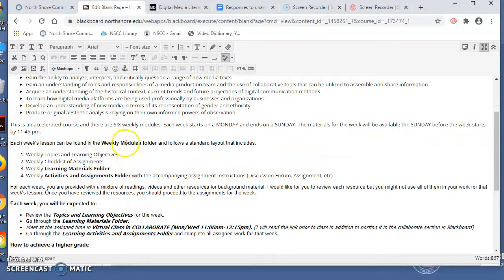You're going to work from the weekly modules folder. We are both going to work from those virtually, and you're going to do some of this self-directed. And the thing about all this material is, although you can't gain access to week 2 or week 3 yet, at the end of week 1 you get access to week 2, and at the end of week 2 you get access to week 3. All the materials, the lectures, even video lectures like explainer lectures, all of it is up online already.